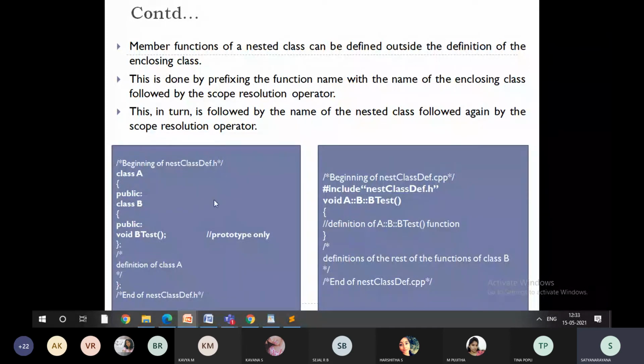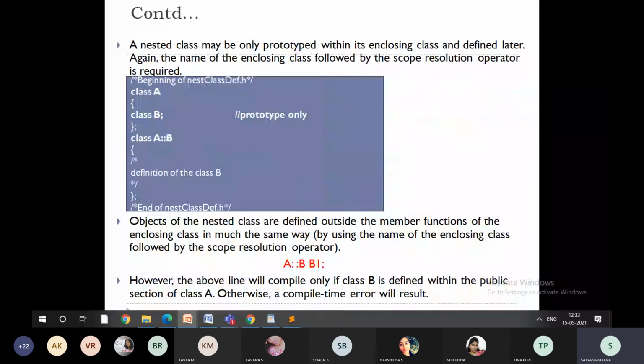Why are we using void? Because here the function is void only. If it is an integer, int, I already showed you how it will work. So when you are using inner classes, if you want to use the scope resolution operator, you need to mention all the inner classes, and that is how the scope resolution operator is going to work.